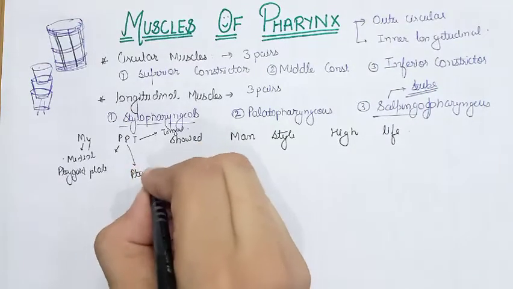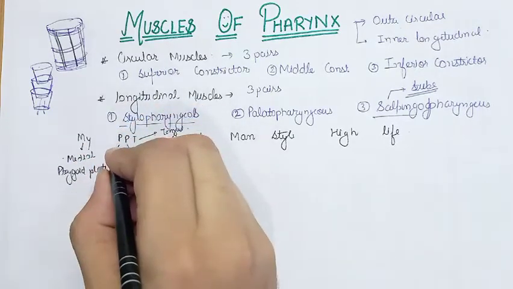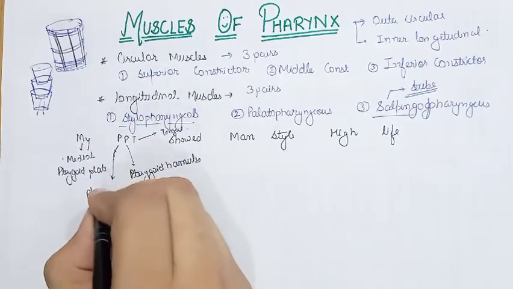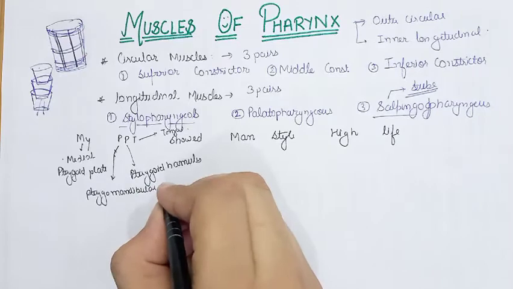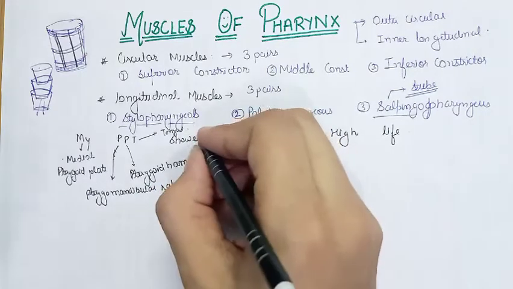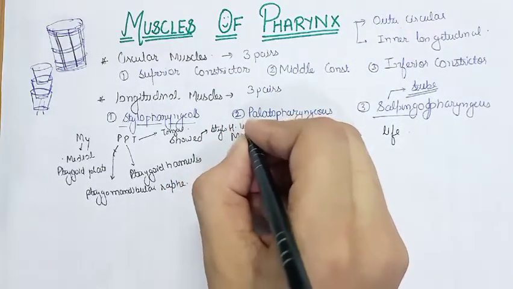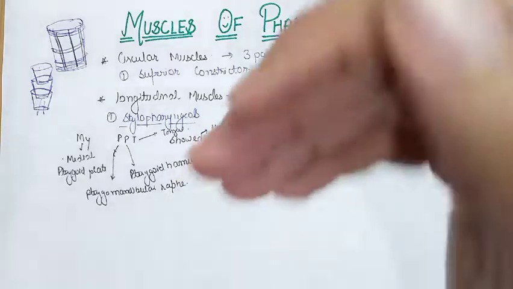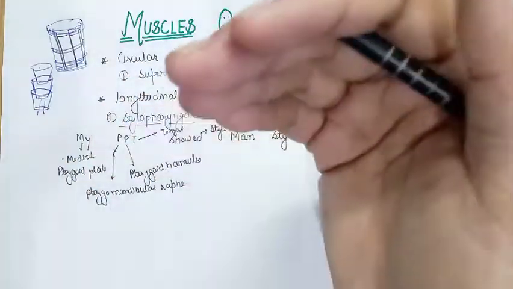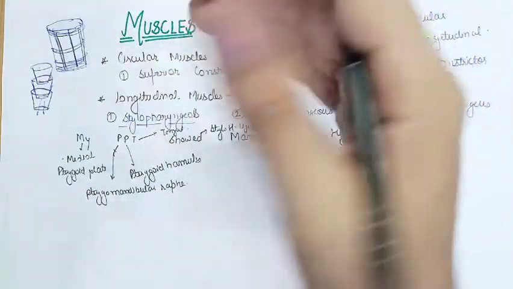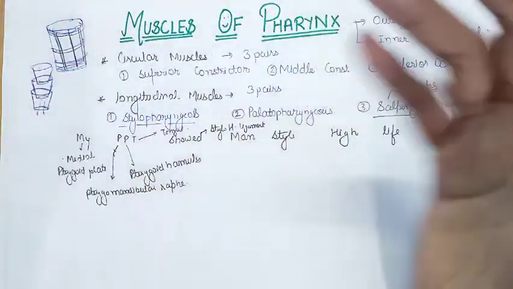So it stands for pterygoid hamulus and pterygomandibular raphe. Short stands for stylohyoid ligament. Stylohyoid ligament. See, if you are having trouble remembering all this, just have a look at the diagram and then you can easily recall all these things. Whenever drawing a diagram, you should know the certain framework on which you can draw the diagram. So for remembering that, I have made this mnemonic.